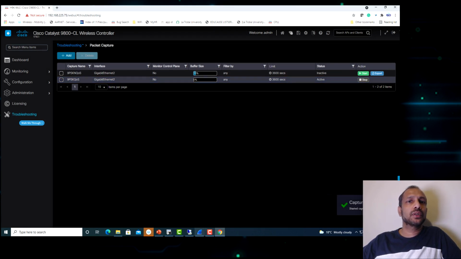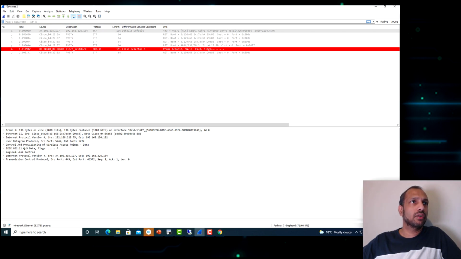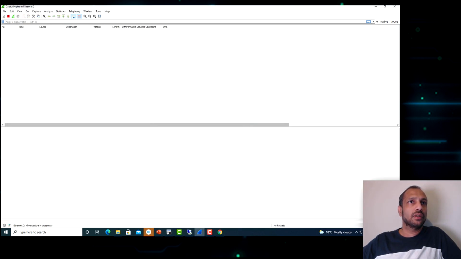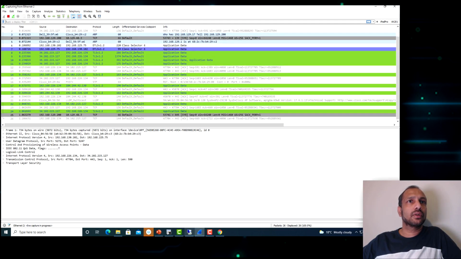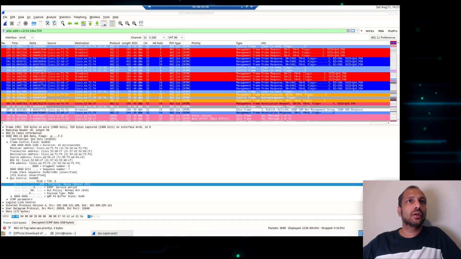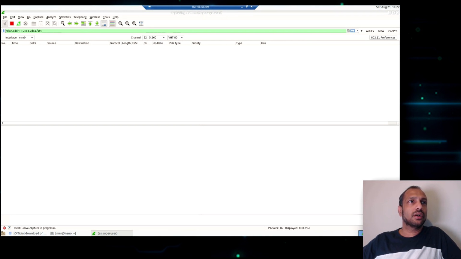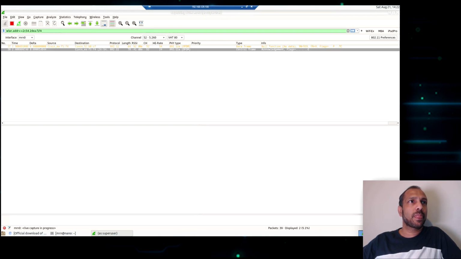Let's enable that capture, and then Wireshark as well. I will enable capture on that, and then we'll go to the remote one. If you want, we can filter the MAC address of the phone with a display filter, but we will capture everything. Let's enable the capture here.